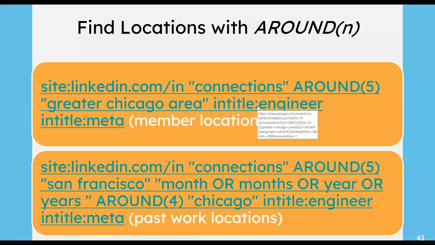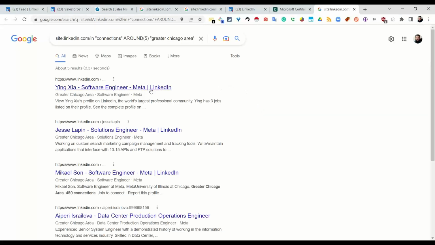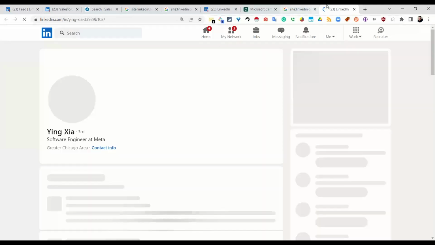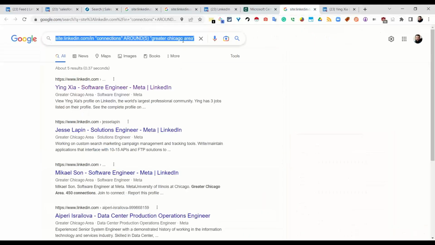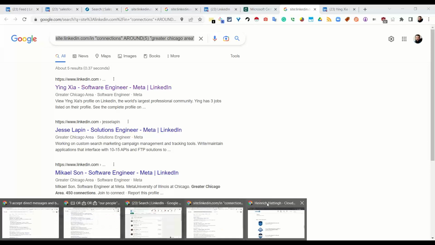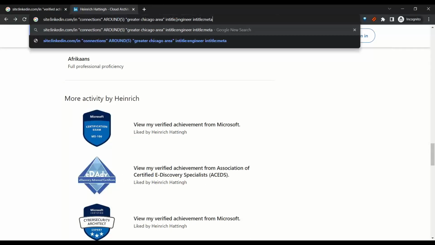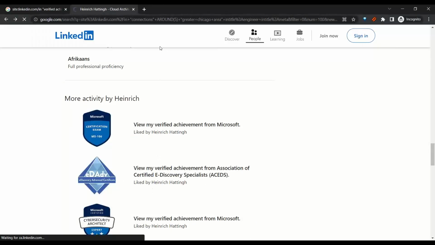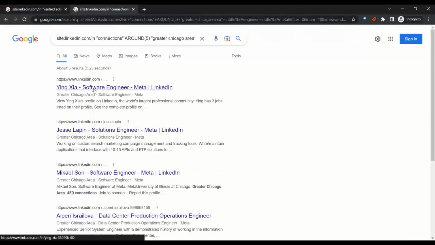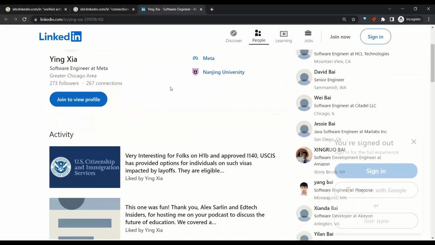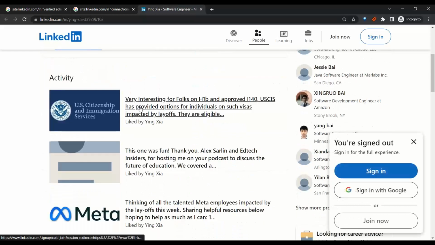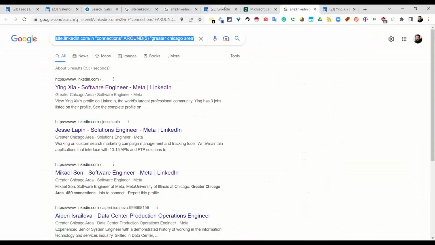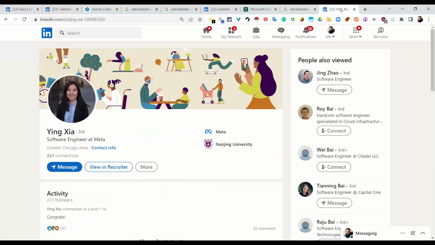So this search targets member locations, and it works. The reason it works, and I have to show you this in the incognito screen again because you need to see it how Google sees it: here's a Meta software engineer public profile. When we do this one, around connections, around 5, greater Chicago area, that's a member location target. And the reason it works is